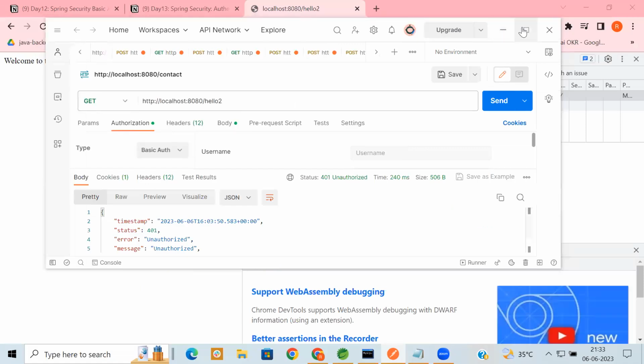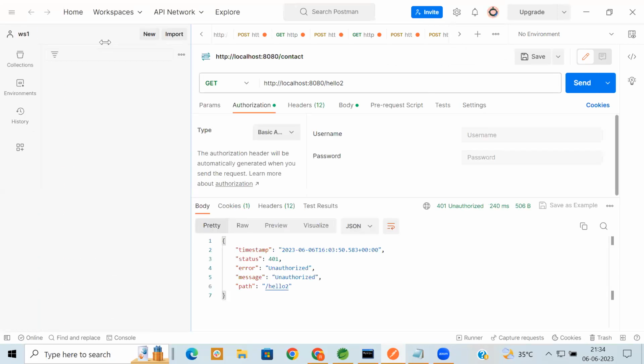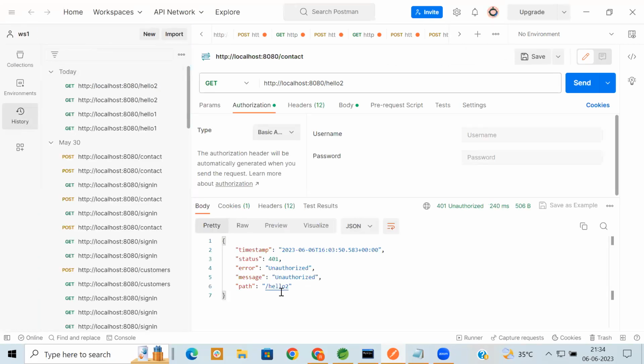Let me just maximize this version. Cool. It is saying unauthorized, you need to pass the username and password. That means, in the previous version of Spring Security, even though you were not passing the correct username and password, if you had the proper JSESSIONID, which is authenticated, then you would be allowed to call this endpoint